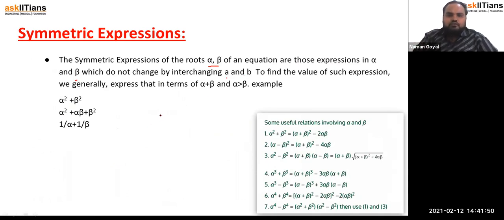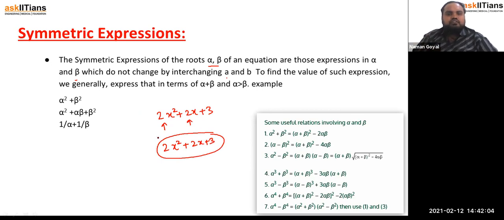Symmetric expression. For example, if I write down 2x square plus 2x plus 3, see this is A and this is B. If I interchange them, then we get the same. So these types of expression are known as symmetric expression. To find the value of such expression, we generally express them in terms of alpha plus beta, where alpha is greater than beta. For example, if I want to find the value of alpha square plus beta square,